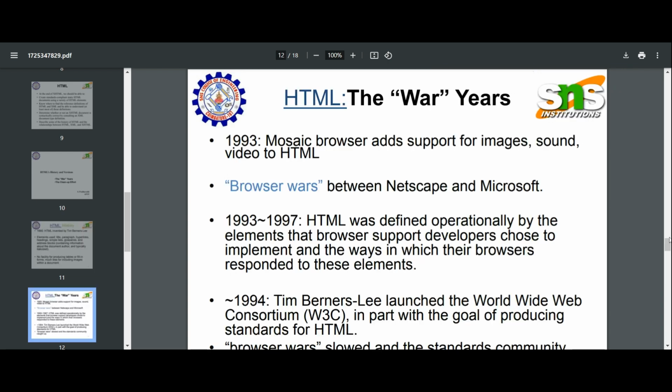Within a document. In 1993, the Mosaic browser adds support for images, sound, and video to HTML. Browser wars between Netscape and Microsoft. Then in 1993 to 1997, HTML was defined operationally by the elements that browser developers choose to implement and the ways in which their browsers respond to their